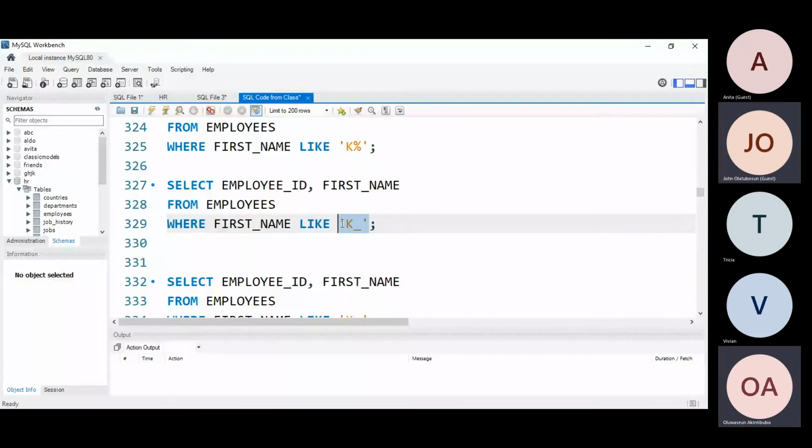Exactly. So the underscore means that you have just one letter. It represents exactly one character, while the percentage means 0 or more characters. Percentage means 0 or more characters. Awesome. And we began to talk about